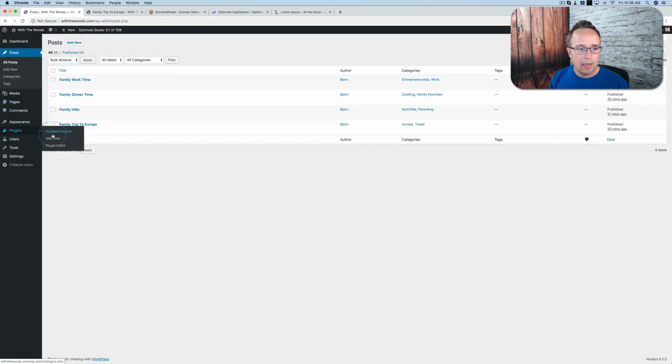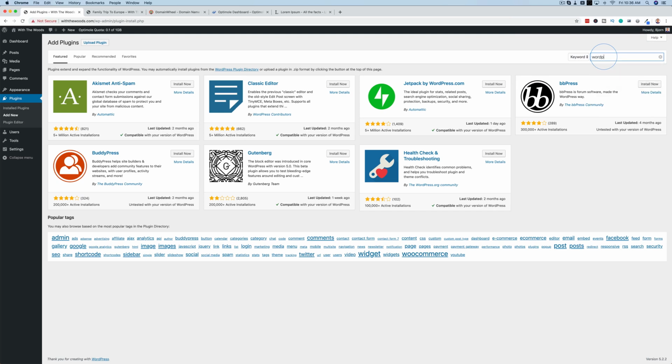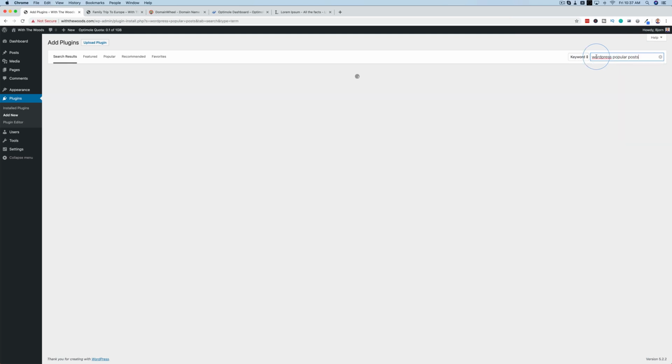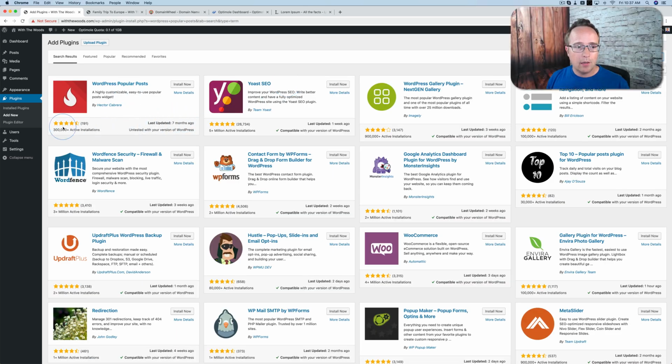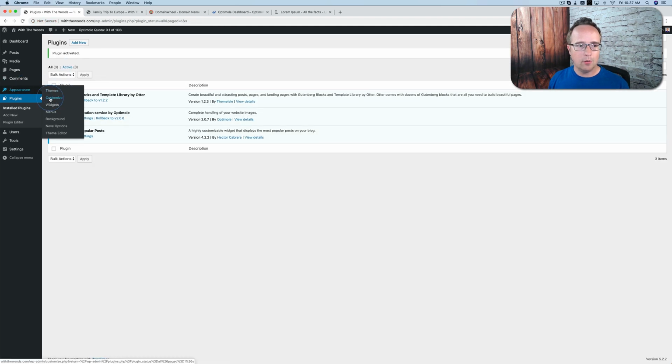Go to plugins and then add new. I'm going to look up WordPress popular posts. There are quite a number of plugins that do this. The one I like to use is this one right here. It's got a lot of installs, a lot of great reviews. I'm going to click on install now and then activate, and then go back into the customizer under appearance and